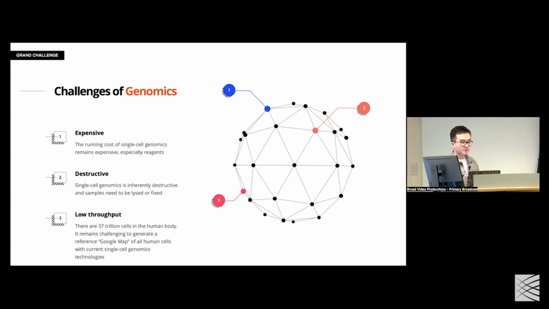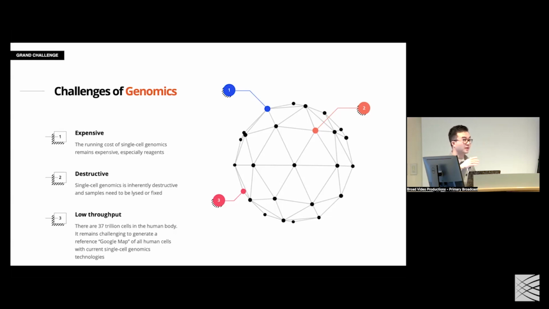The second one, I think, is the biggest problem for all sequencing-based phenotyping approaches: it's destructive. For all these sequencing methods, you have to kill the cells to get the information. Once you kill the cells, you won't have the same cell at the next time point, and you cannot do this with humans or in in vivo settings. I think that's the biggest challenge for genomics, that this is a destructive measurement. The third is that you can do millions and millions of single cells right now, but it's still a very low-throughput process, thinking about how many cells we have in just one human.